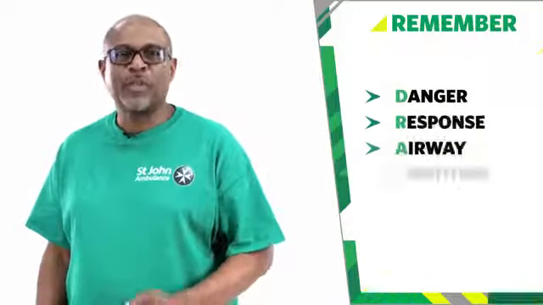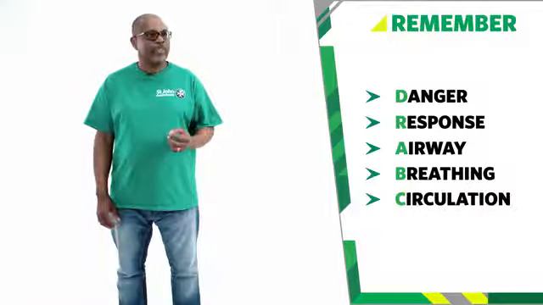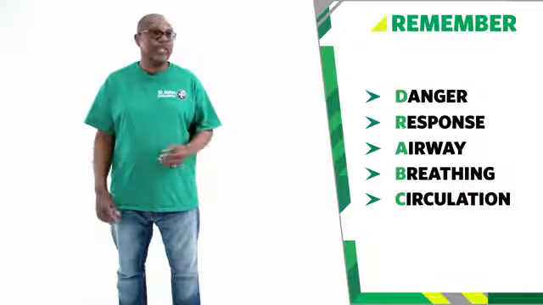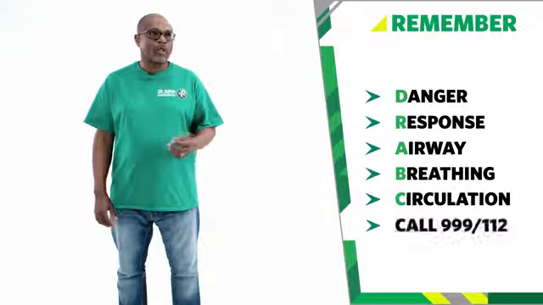So remember, to do a primary survey, follow the order of DRABC. Complete each step in that order as quickly as possible, dealing with any life-threatening conditions as you find them. Call for emergency help. Call 999 or 112. And that's how we perform